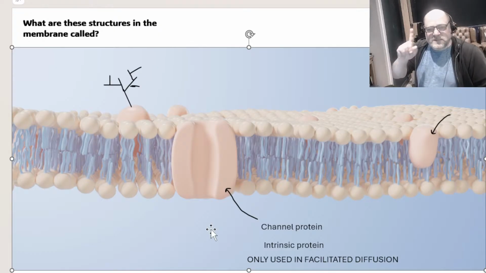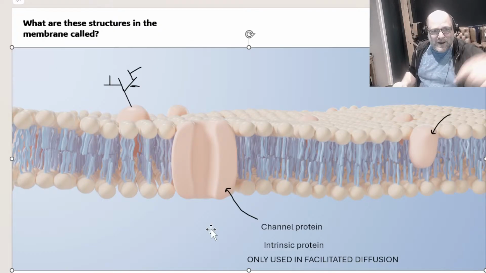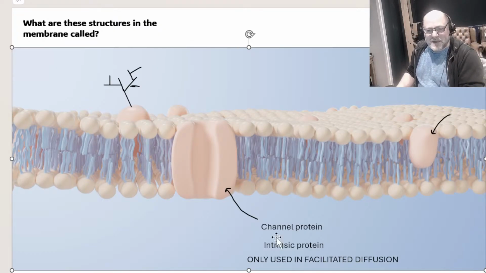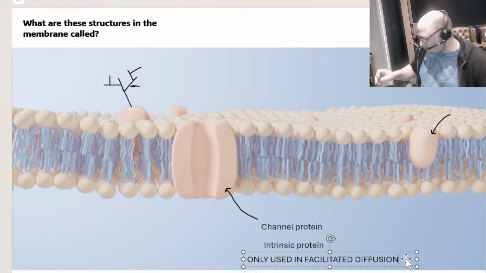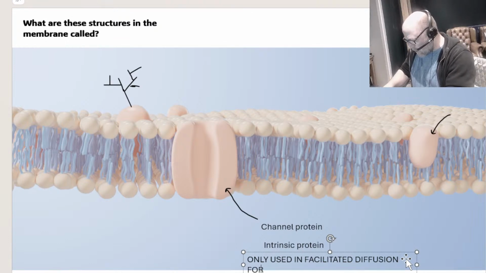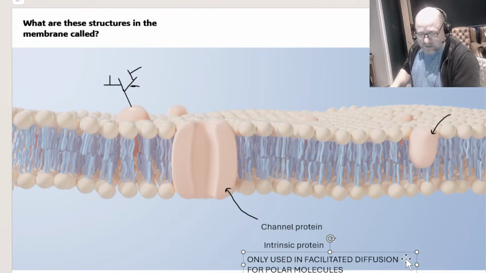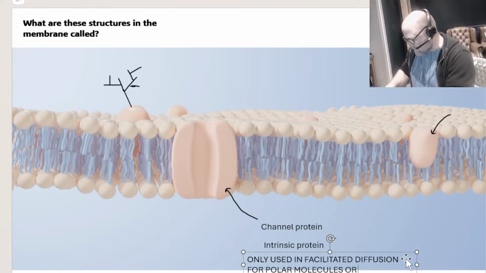No, facilitated diffusion is not regular diffusion. I will come to that as well. It's a really good point. So intrinsic protein only used in facilitated diffusion. So what type of molecules diffuse? So for polar molecules or large molecules,